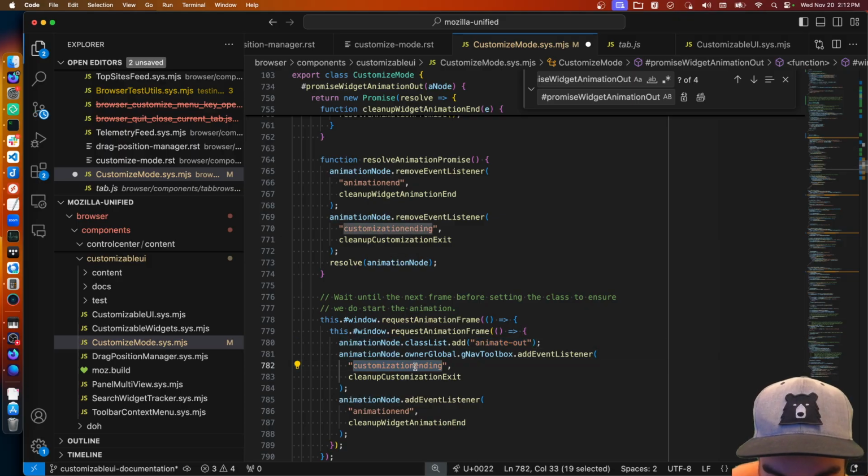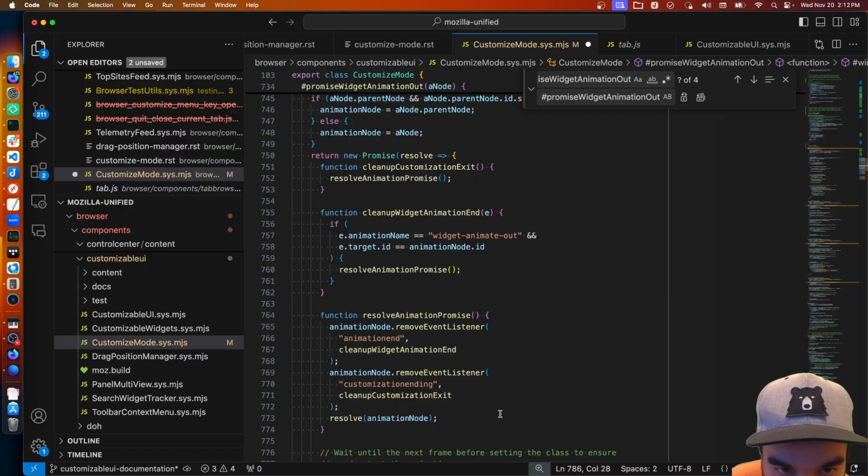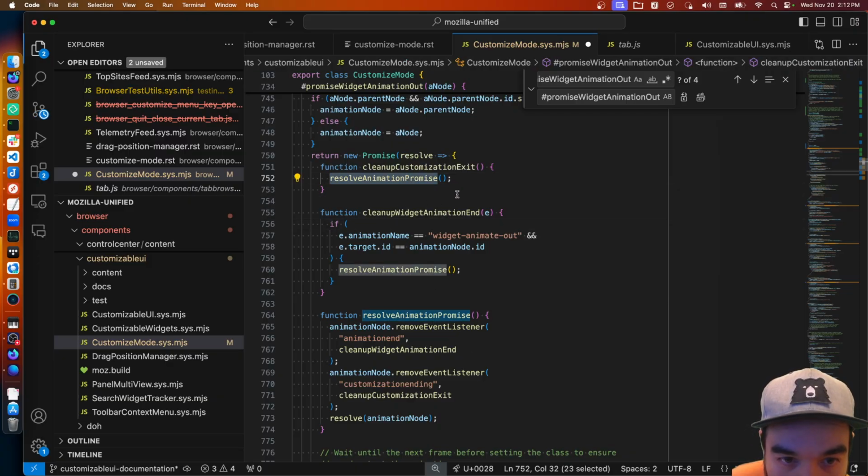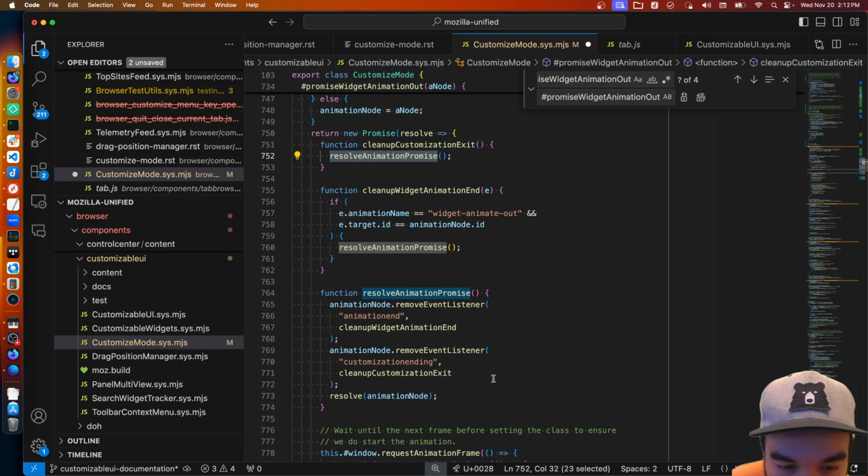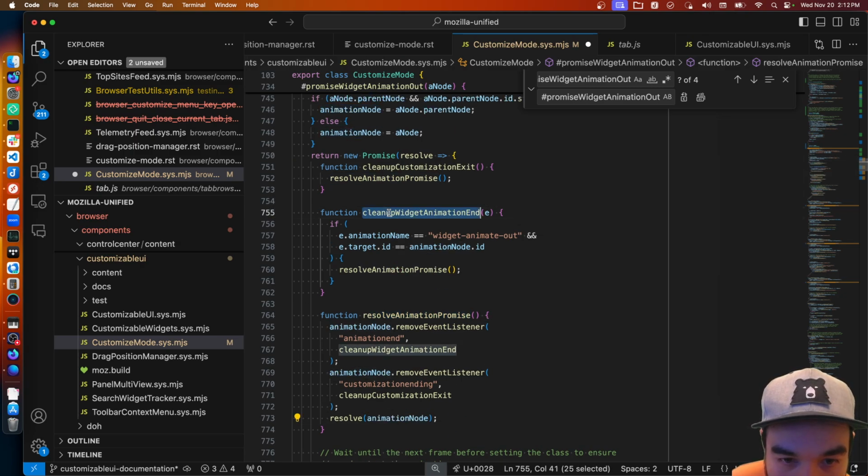We wait for the customization exit event, and we also listen for the animation end event. If the customization exit event occurs, then we go ahead and resolve the promise right away. We clean everything up and we resolve and return the animation node. Otherwise,